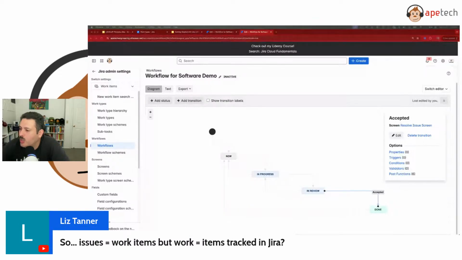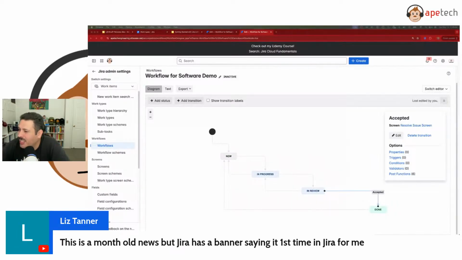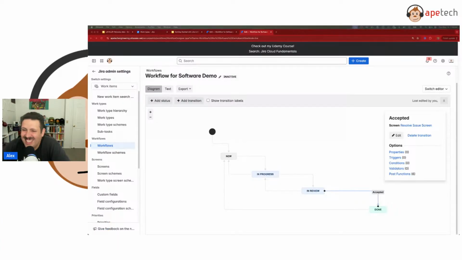Liz says so. Issue equals work items, but work equals items tracked in Jira. Yeah, it's not confusing. This is a month old news, but Jira has a banner saying it's the first time in Jira for me. Okay,